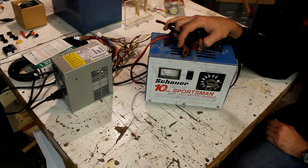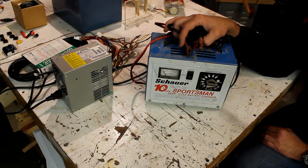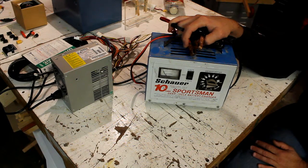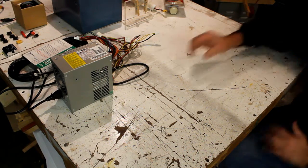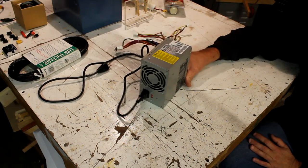Buy it used, get it cheap, and that's by far the simplest way, and it works really good. I've been doing this for years, and that's mainly the way I did it for most of my time. But as we have gone on, I found another way that I like a little bit better than that way,